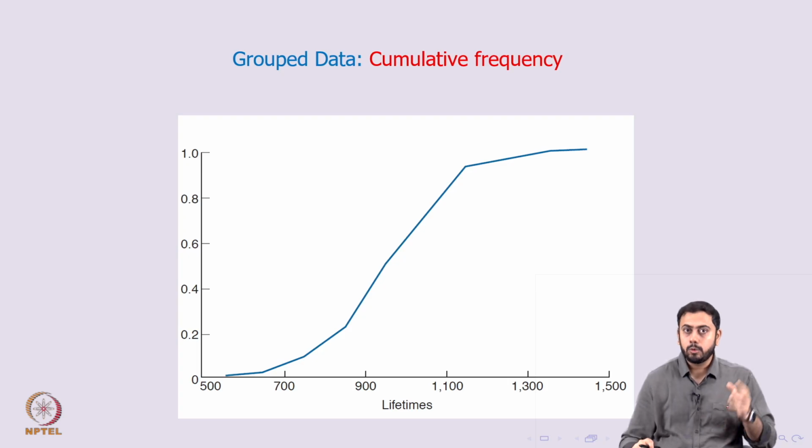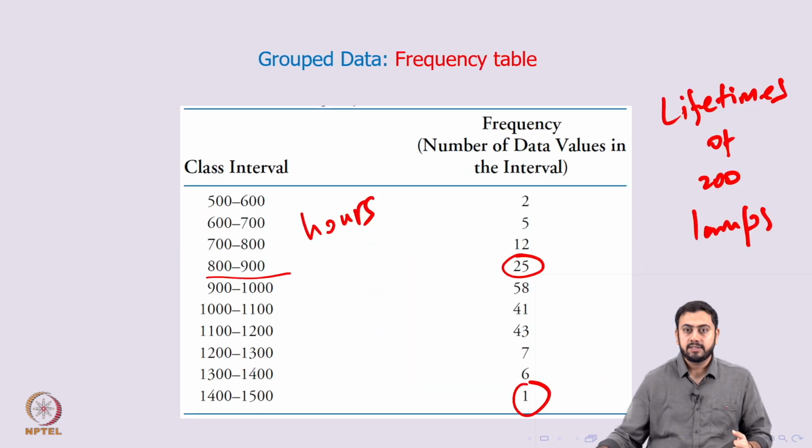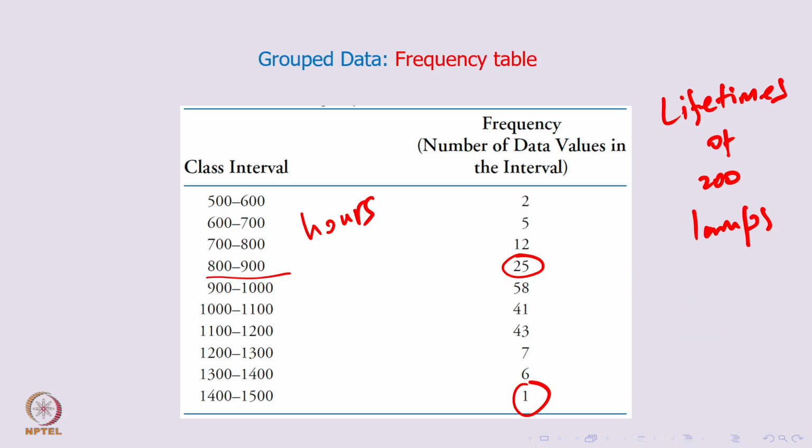Now, the next thing is cumulative frequency. From a group data perspective, what exactly do you mean by cumulative frequency? We will spend some time understanding cumulative frequency. Let me go back to the earlier data set. This was the earlier data set. What you have to do is first convert this frequency column to a relative frequency column. How do you do it? Do you remember n? n in this example was 200 because the data set focuses on the lifetimes of 200 lamps. It says right here.